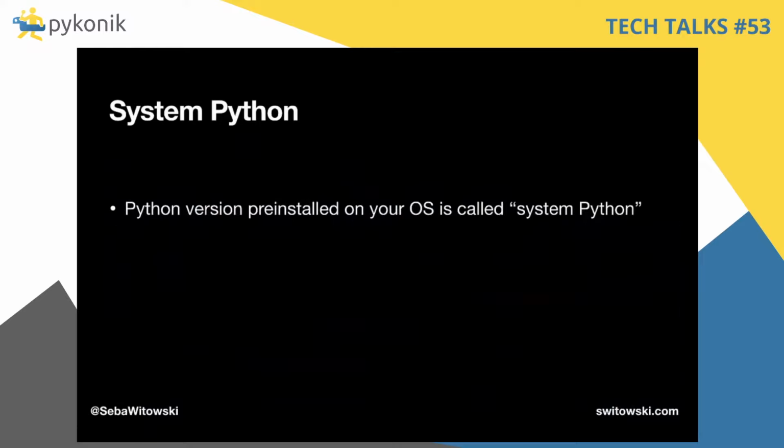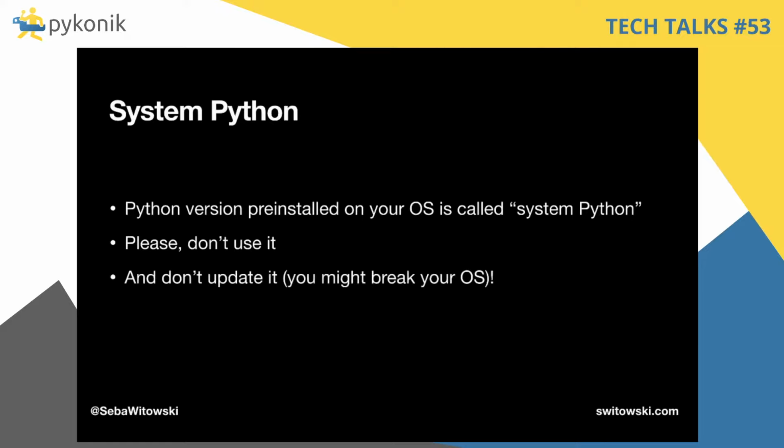So let's talk about the scenario where your operating system comes with a Python version. This Python version already installed on your computer is often called System Python. And no matter what System Python version you have, I strongly suggest that you don't use it. In many cases, as we saw, for example, with macOS, it's terribly outdated. Python 2.7 is no longer officially supported by the core developers, and hopefully you are no longer using it since a long time. You might be tempted to upgrade the System Python version to Python 3, but probably you have